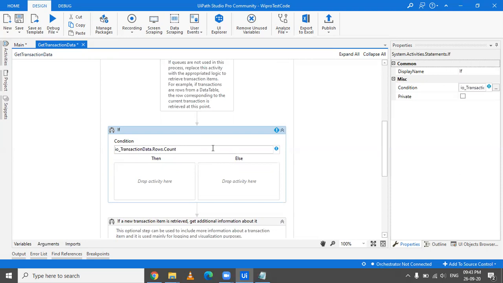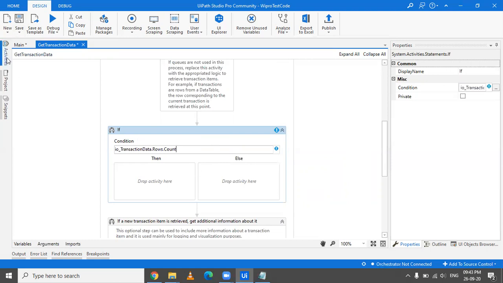So what you're going to do is you will say IO transaction data dot rows dot count. So you would get that you have 4 rows in your data table. And now you will be extracting only till the 4th number. So your transaction number cannot get the data other than 4. It would not get the data of the 5th row because there are only 4 rows in the transaction data. So you will say IO transaction data dot rows dot count.